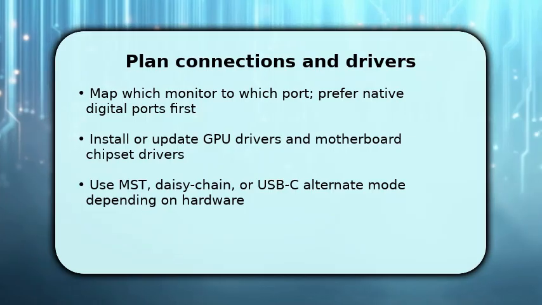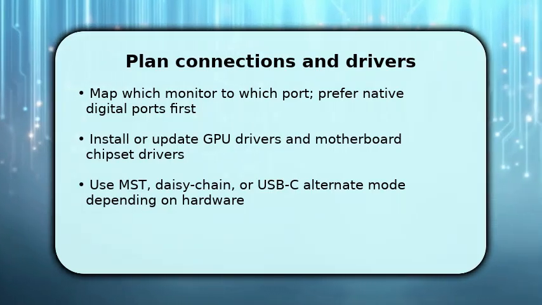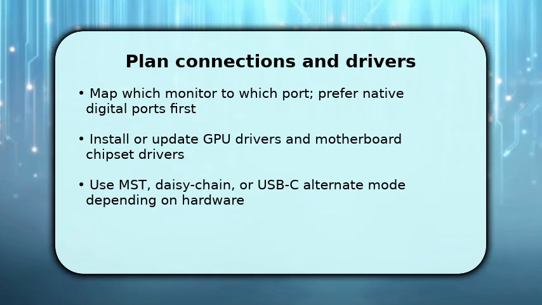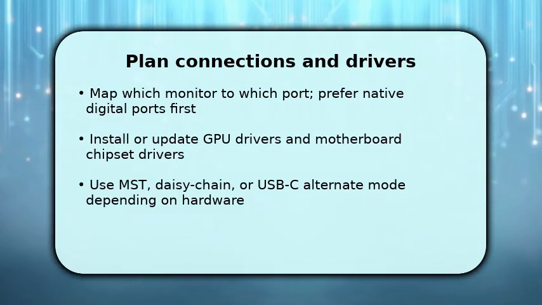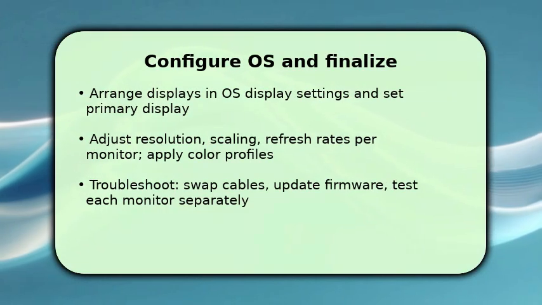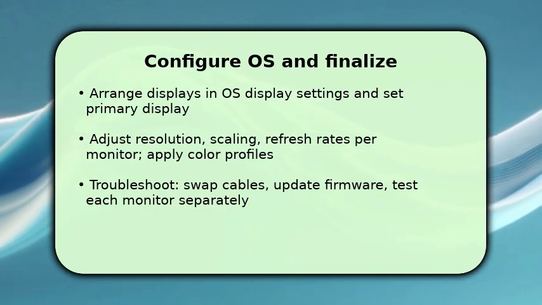Then connect one monitor at a time and power them on. This helps Windows or Mac OS detect them in sequence. If using adapters, use active adapters for DisplayPort to HDMI at higher resolutions, and set the correct input on each monitor. Finally, you configure display positions and choose a primary display in Windows or Mac OS display settings, then set